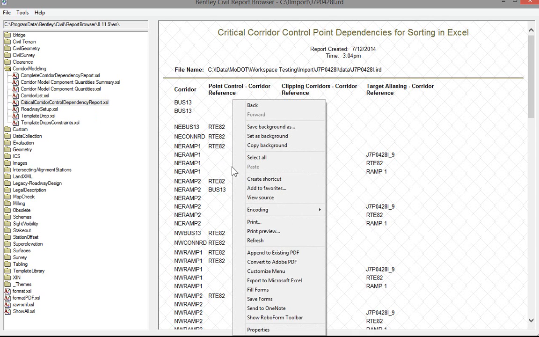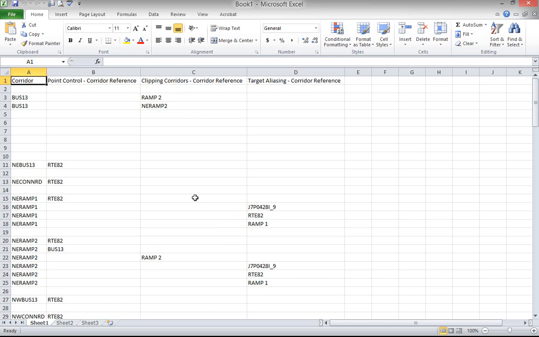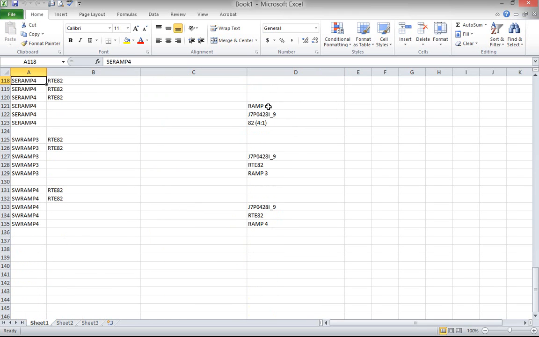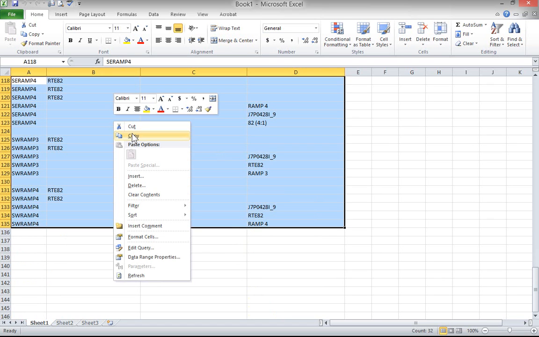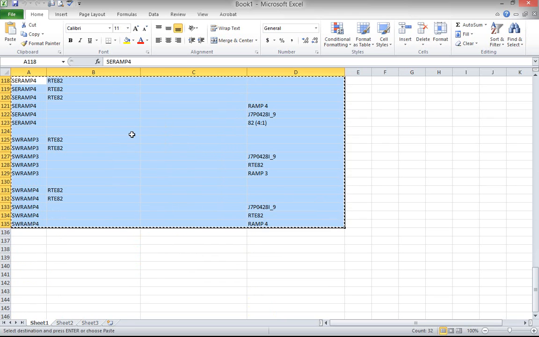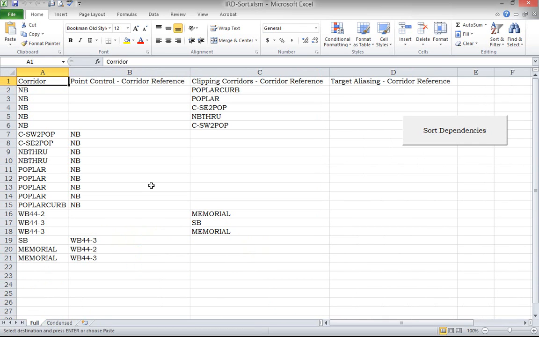What we want to do here is right click and export that to Microsoft Excel. Now MoDOT has provided a macro-based Excel spreadsheet that will take this information and sort it and tell us the order that we need to import our corridors to allow us to take advantage of the orders of dependencies. I'm going to select row 1, go down to the bottom and select down through the last piece of information, and copy that information to my clipboard. And what we're going to do is paste this into the spreadsheet provided by MoDOT that will sort. And this file is called